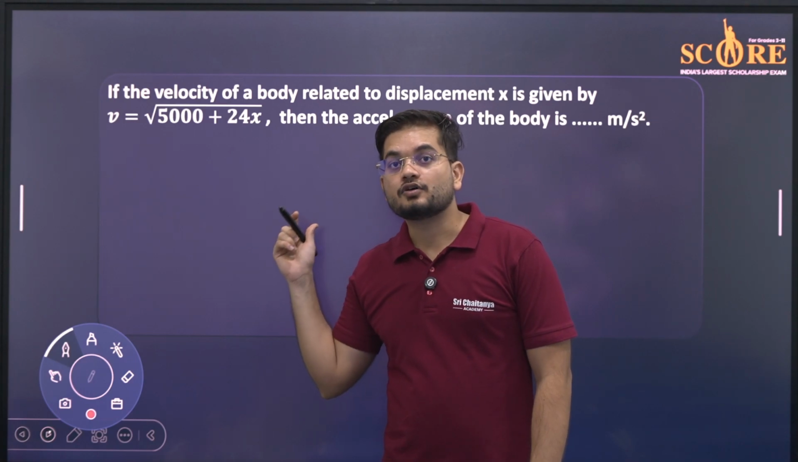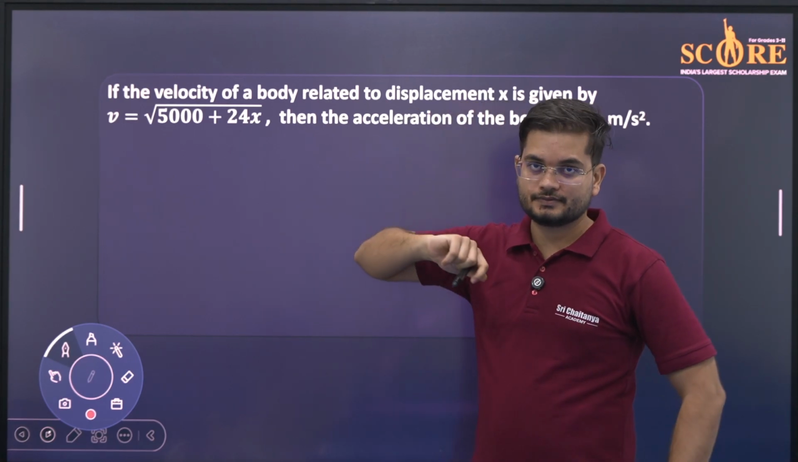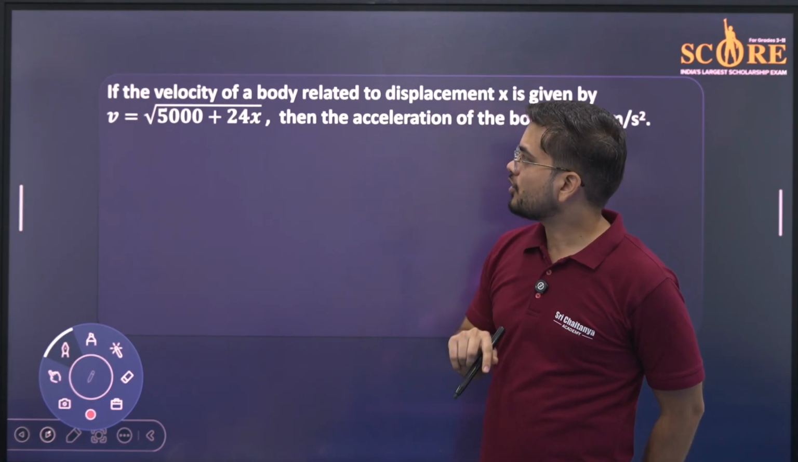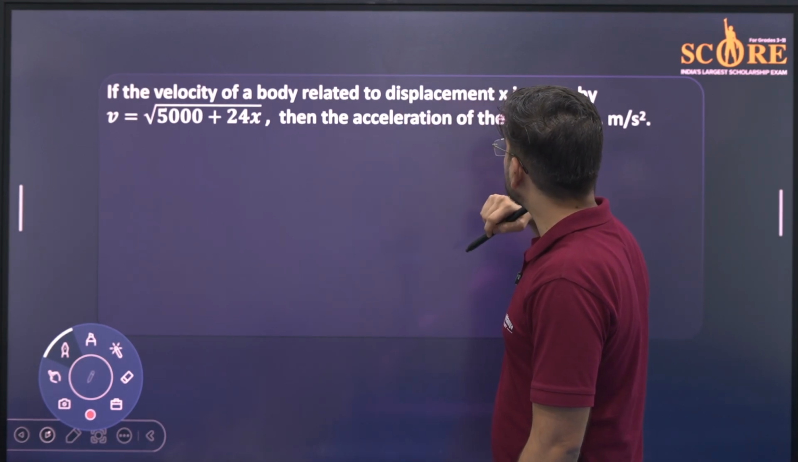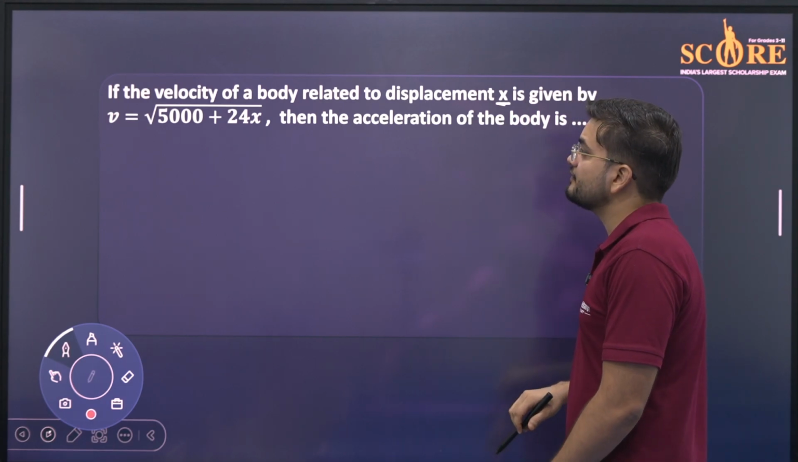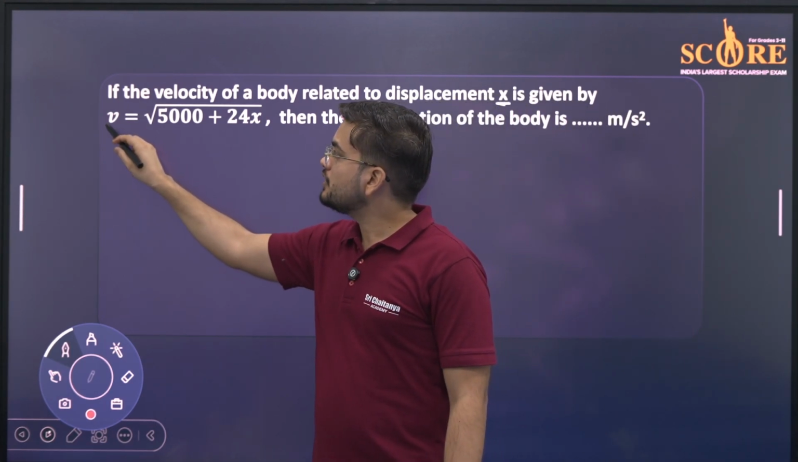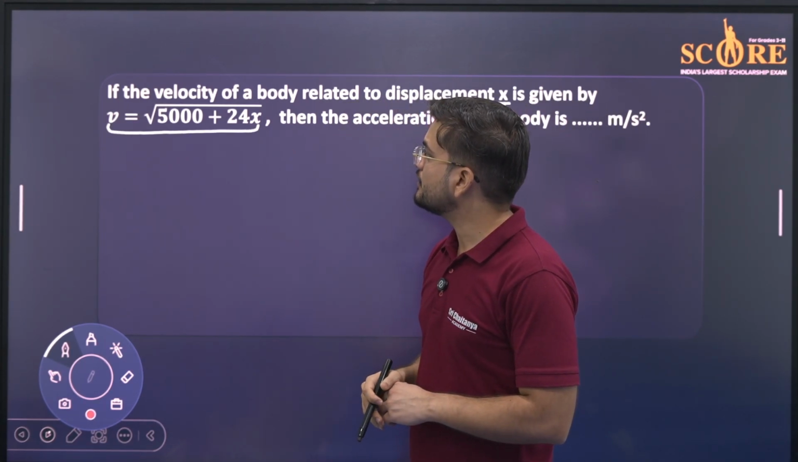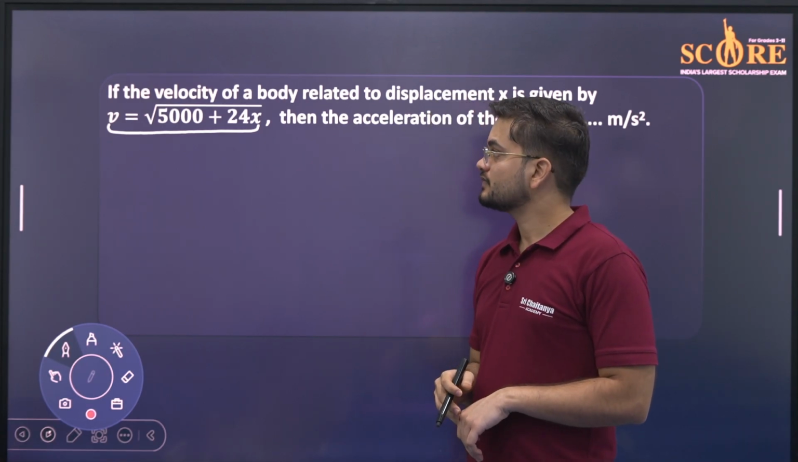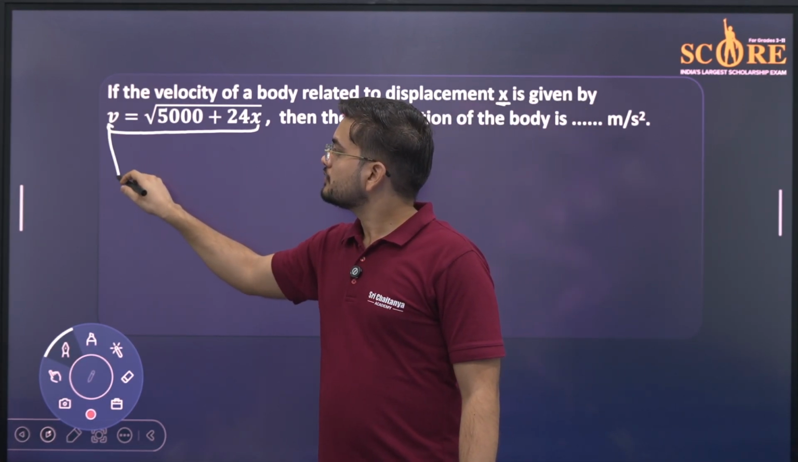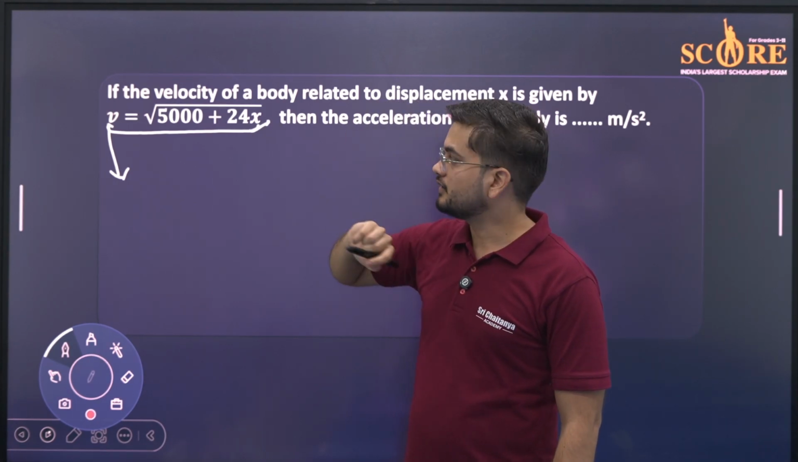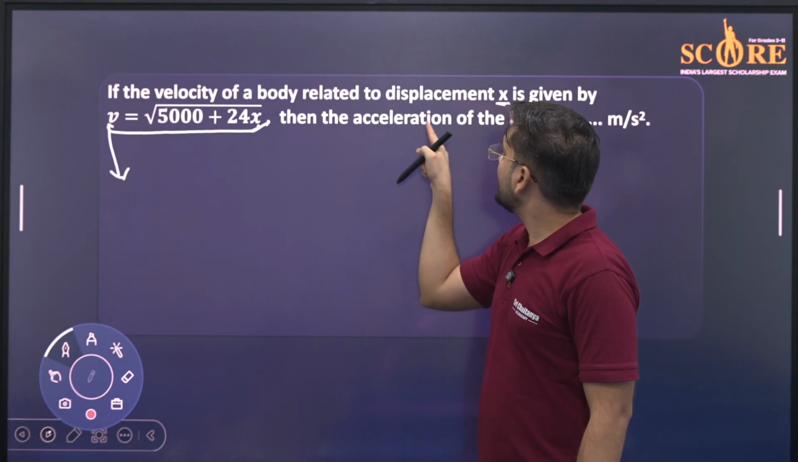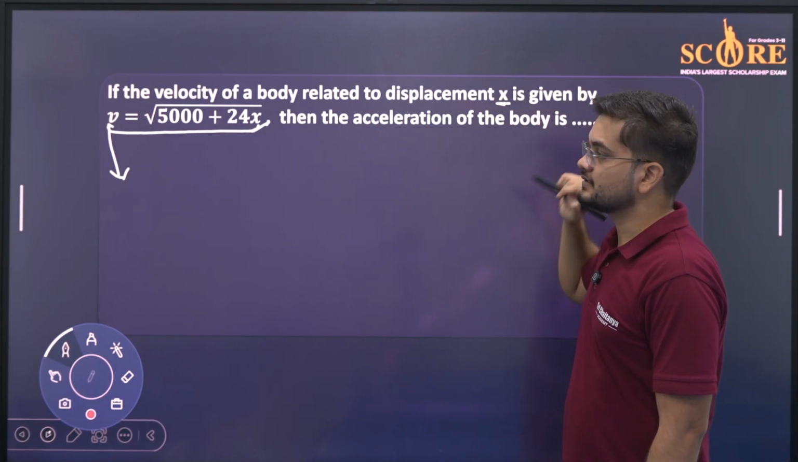Next problem is also based on calculus. What is the problem? Velocity of a body related to displacement x is given by v is equal to under root 5000 plus 24x. यहां वेलोसिटी किसका फंक्शन है? x का फंक्शन है, ये ध्यान रखना है ना. Then the acceleration of the body is